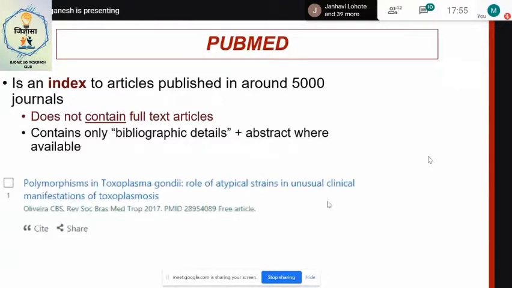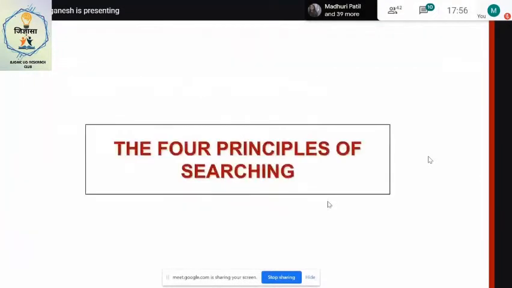So this is one example in PubMed. It says free article, but it only tells you that and it links you to the source, but the article is not stored inside PubMed. And in this case, you can see there's no abstract here. So let's move on to the four principles of searching using PubMed as an example.